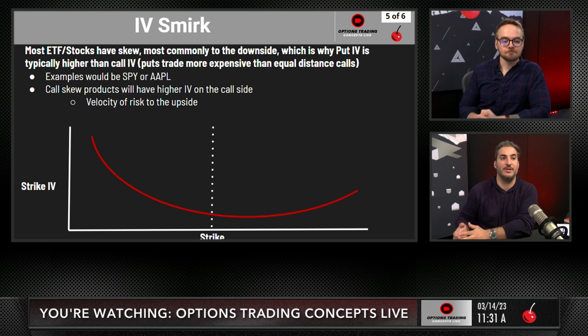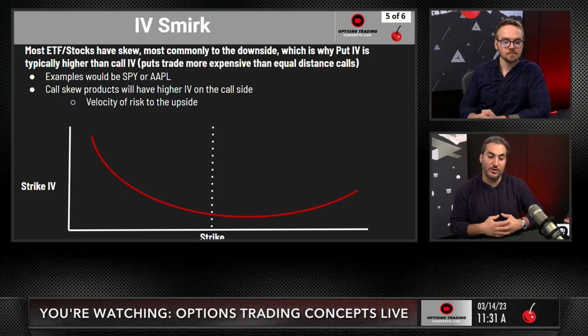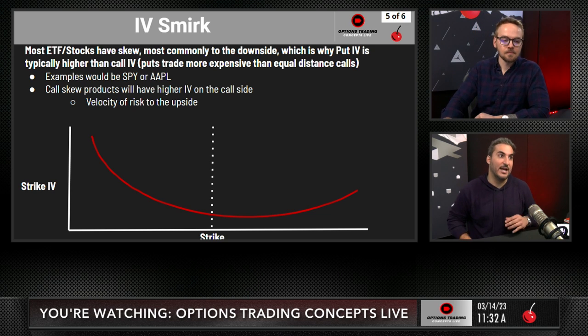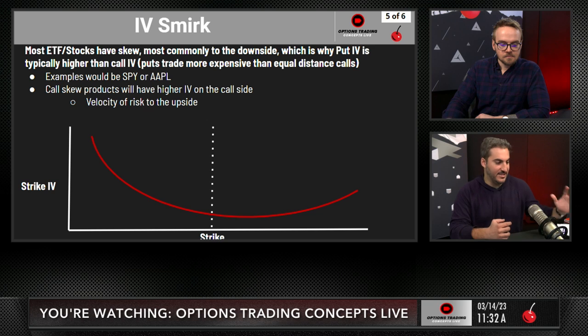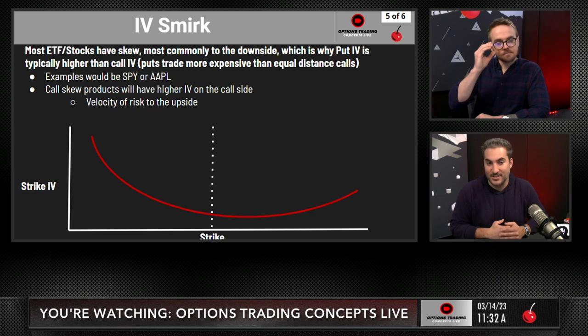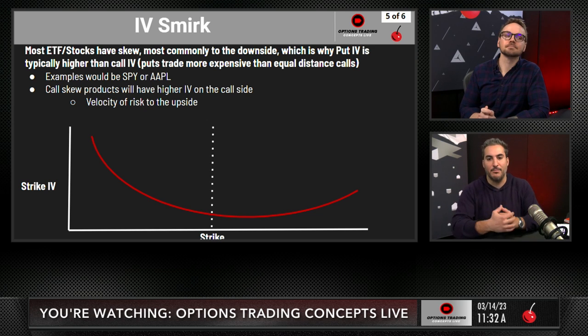So generally speaking, when you get out on the tails, and I shouldn't say really 20 points out of the money because it depends on what you're looking at, but when you're looking at tail options, the implied volatility of those options is going to be much greater on the put side than on the call side because of the skew that's baked into most underlyings. So when you're looking at a SPY or an Apple, you're typically going to see this downside volatility skew on a per strike basis. If you're looking at a biotech or sometimes Tesla, where the skew and the velocity of price movement is actually priced into the upside, you'll see that implied volatility higher on the